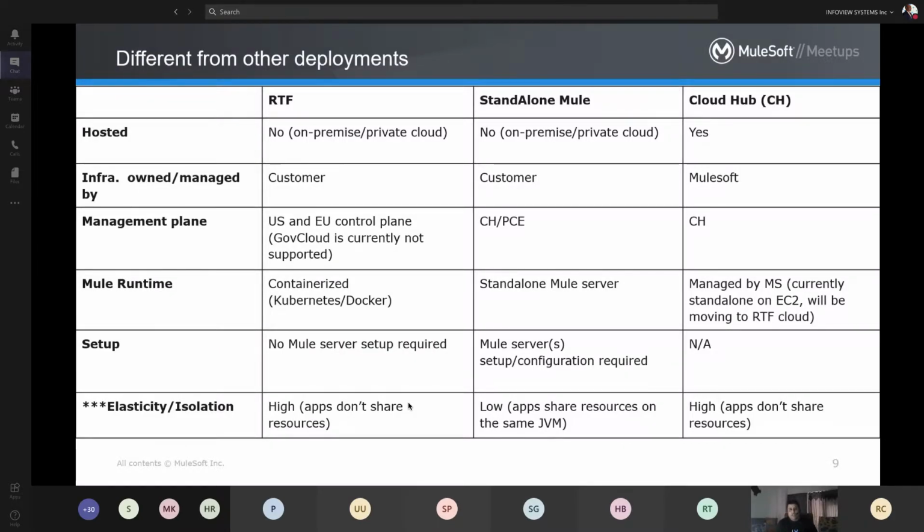Instead, with standalone MuleSoft, which we call the naked runtime, to maintain high availability of the deployment we have to monitor continuously.